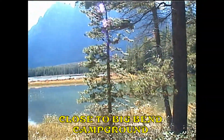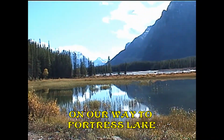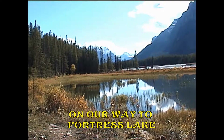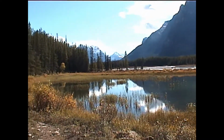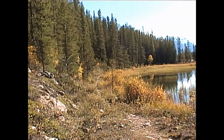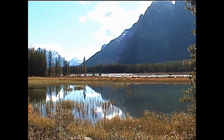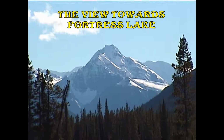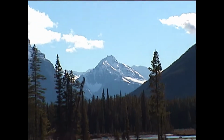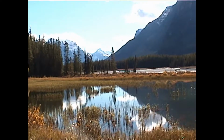We are now at the 6 kilometer mark at Big Bend Campground, on the way to Fortress Lake. The Big Bend Campground area is a very nice spot if you plan on making a short backpack or you get a late start. That's Fortress Lake, probably back there. Very beautiful area, but we still got 9 kilometers to go to the Crossing Campground where we plan to stay